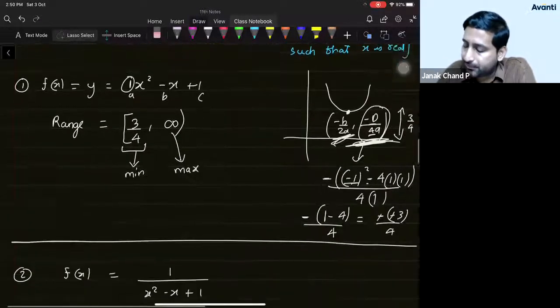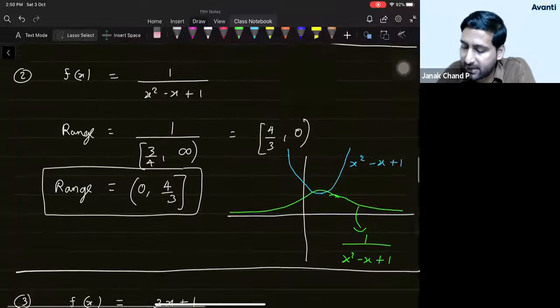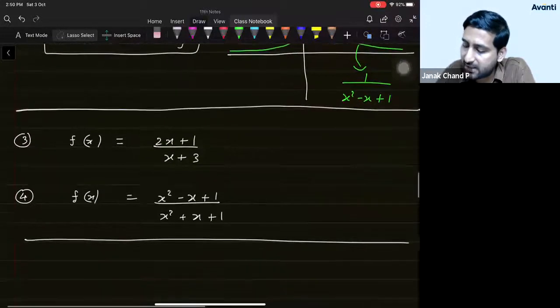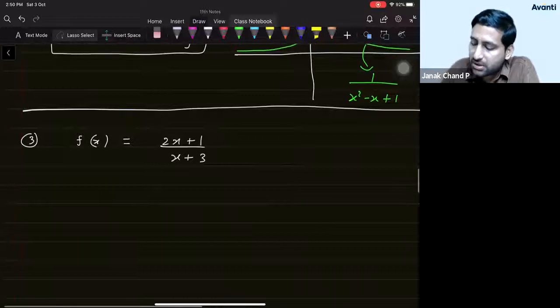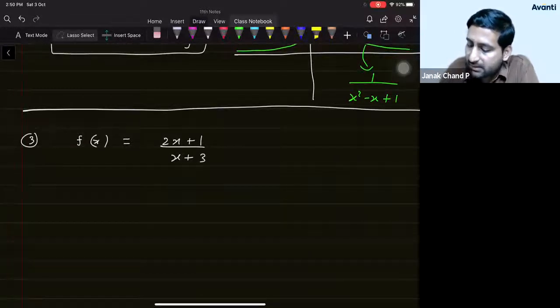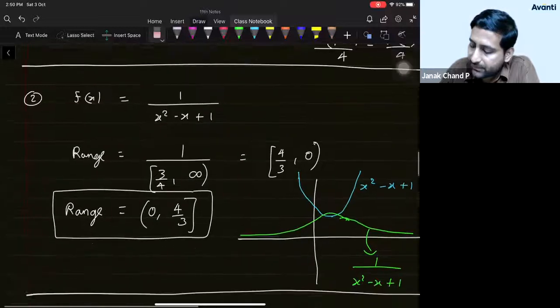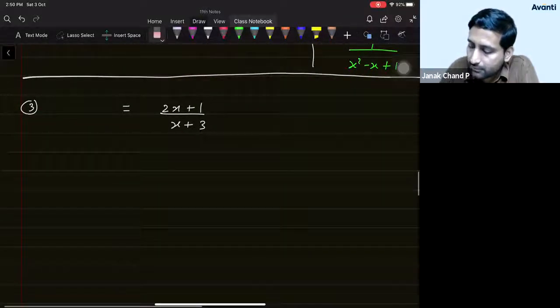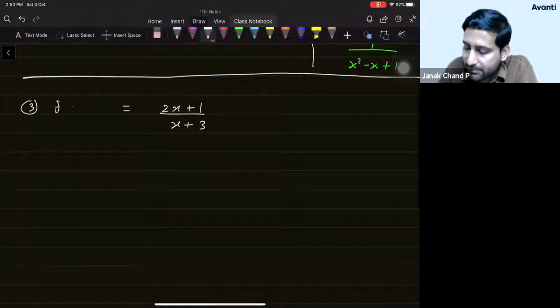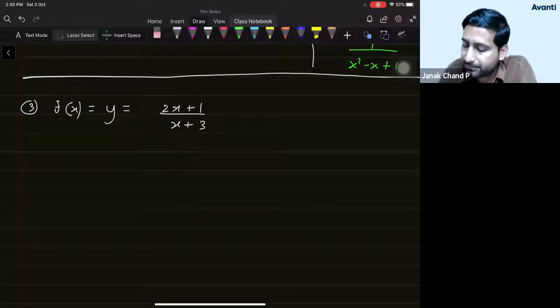Okay, but the main idea is the same for all those four questions. The main idea is the same. Okay, students, so now the question is: if f of x is equal to this function, that is a ratio of two linear functions, then what is the maximum and minimum value of this, or what is the collection of values of y?